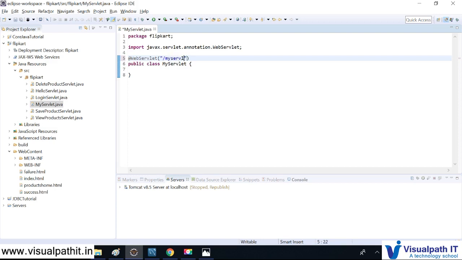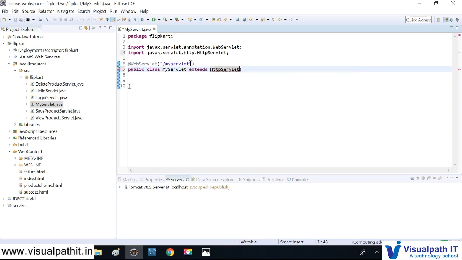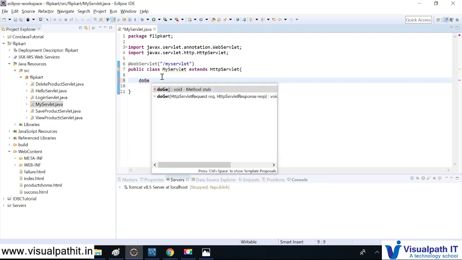my servlet, and here I'll be writing a class which extends HttpServlet, and here I'll be writing a get method, simply a get method to print some message over the browser, which is doGet